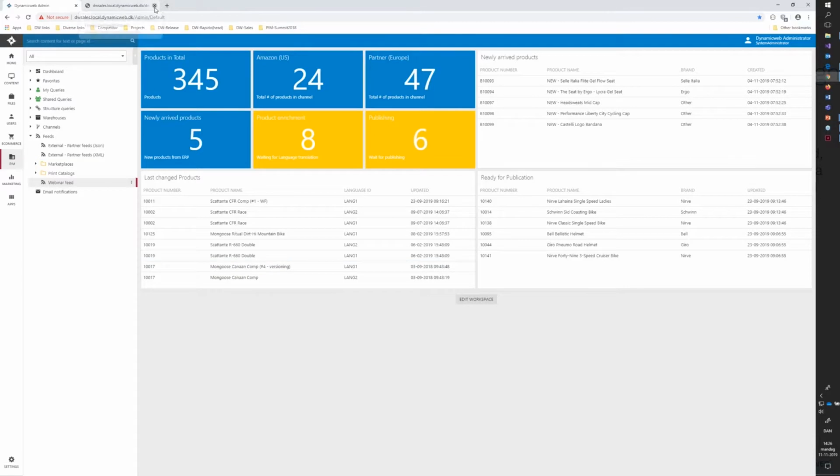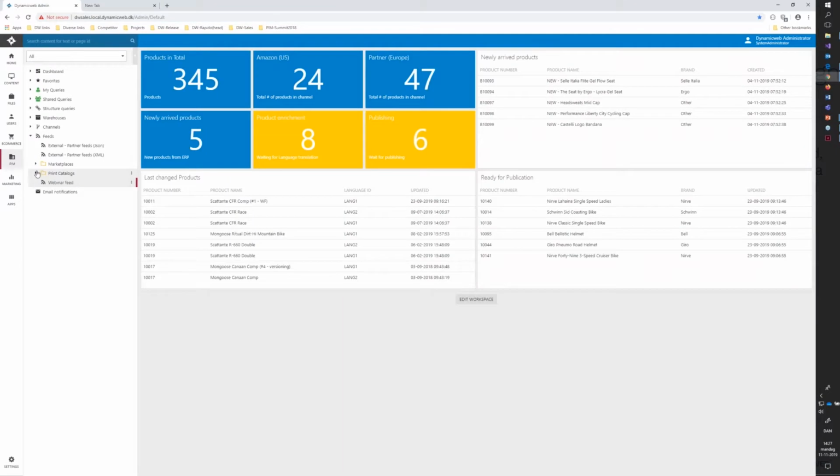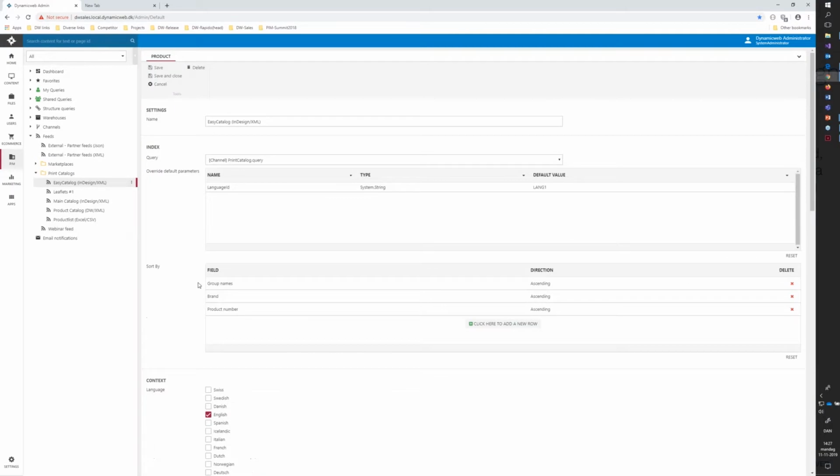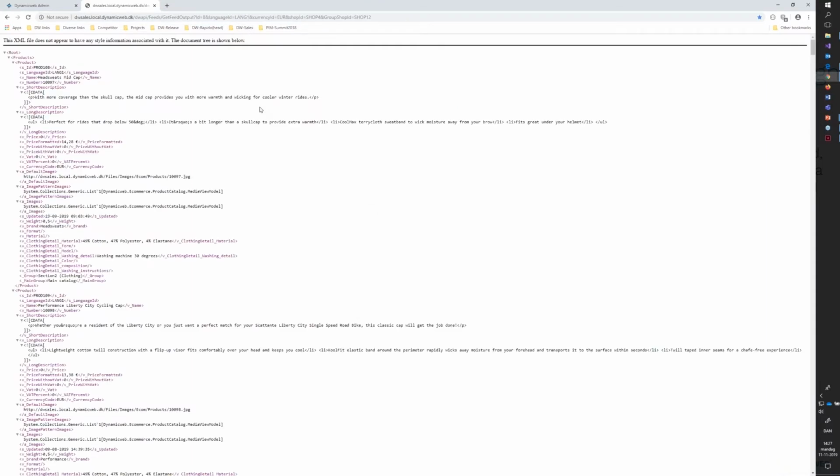Just turn off these two, make a new pen, because I could, of course, go down to my printing catalog. I have this one called Easy Catalog InDesign XML. I could call it down here, but just to simulate that, it could also just be a link like this one, because that's the link I want to use in Easy Catalog. Basically, this link gives me access to all products below my main catalog in the channel printing catalog. So I take this link,